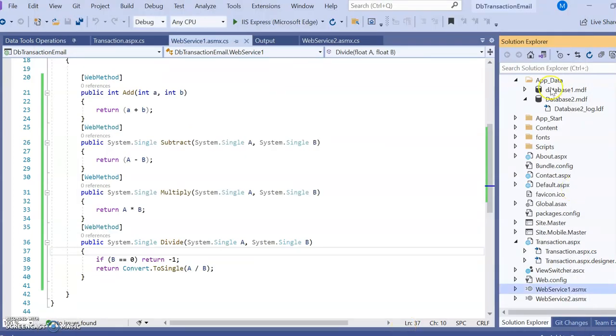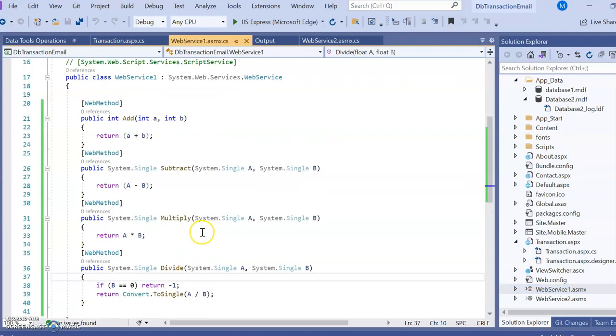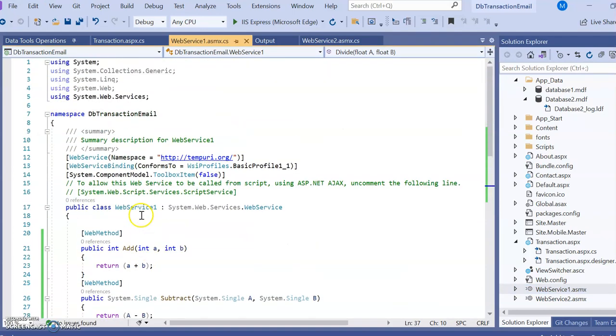Simply add a new item as ASMX, that is a web service. Once you add it, you can get sample code from the Microsoft website, add this code, and it will be printed on the web browser and perform the function accordingly. One thing to remember is which namespace it is using: System.Web.Services.